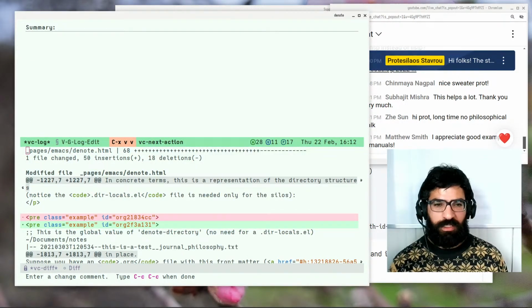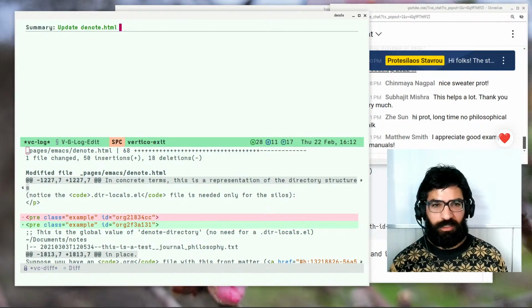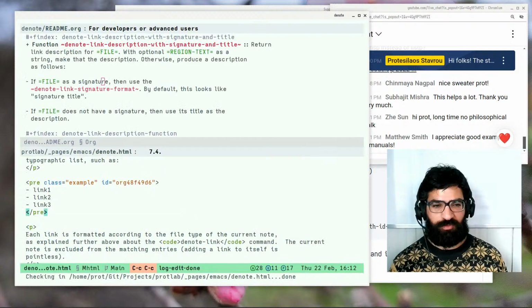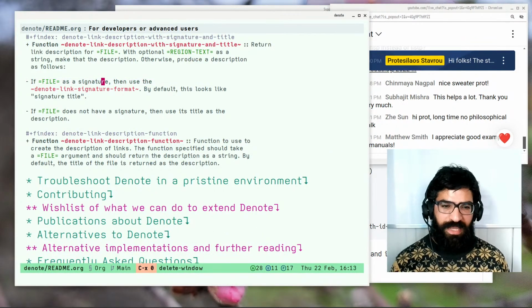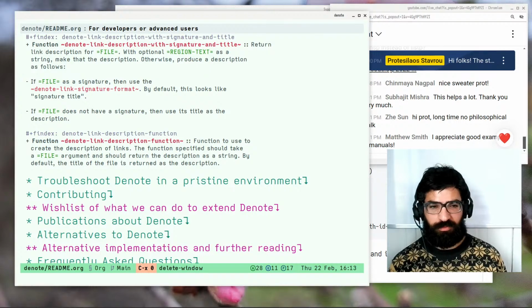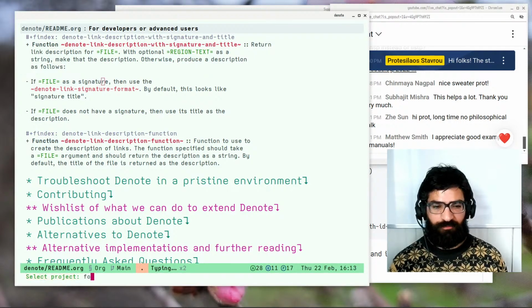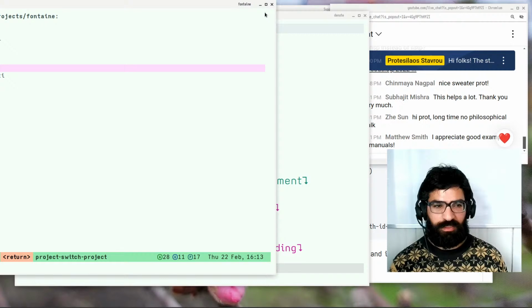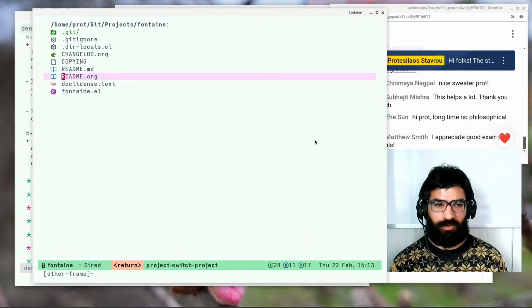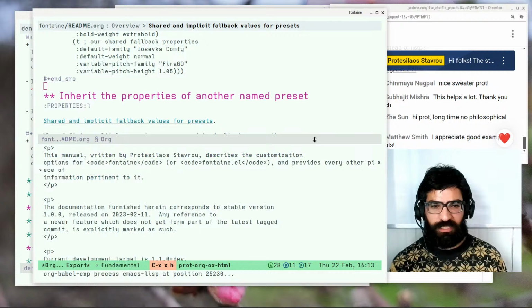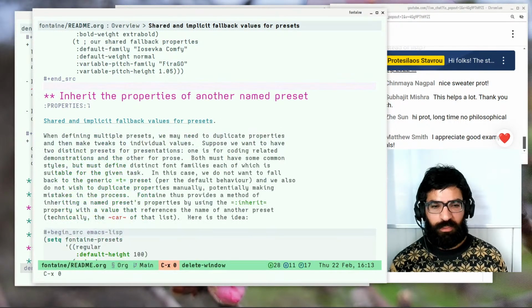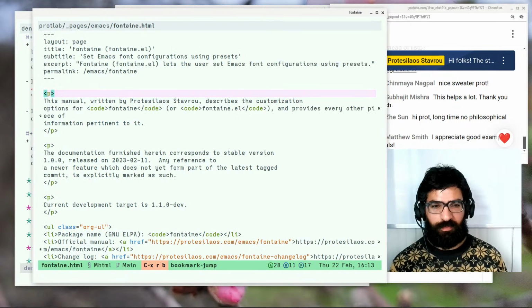So here, granted, I am not explaining everything I am doing here, so sorry about that. But because this is the nature of the live stream, I am not really doing a demo or a tutorial or something. So this is mostly how I would work, and that's why we get to see this over here. I forgot to do it earlier for Fontaine, right? So let me do this up. Let's bring this inside of your field of view. So let's export and then go to the Fontaine up, not here. Let's go to the Fontaine HTML